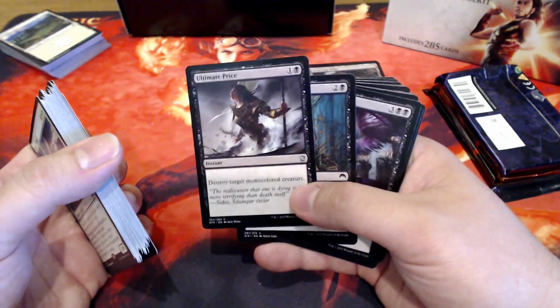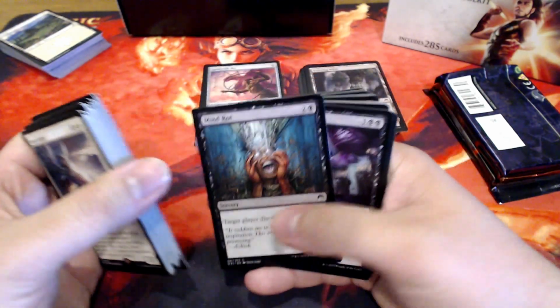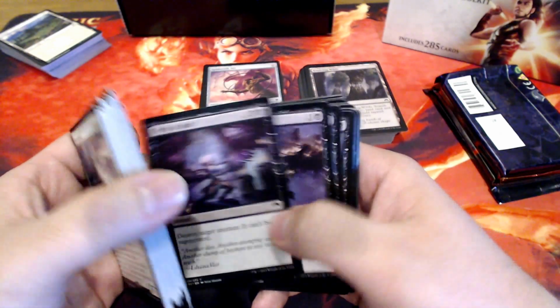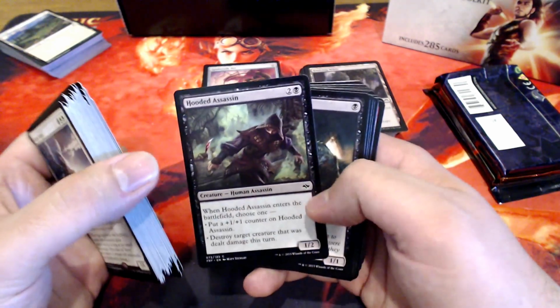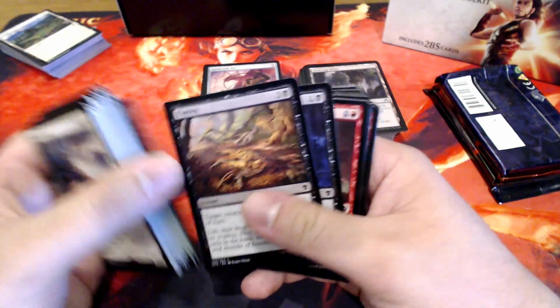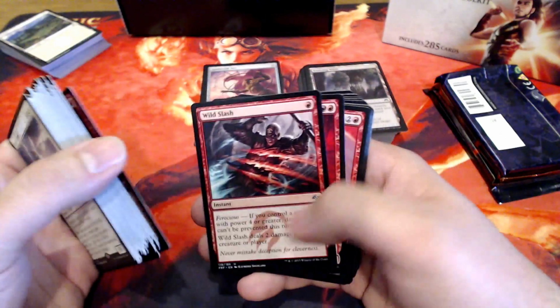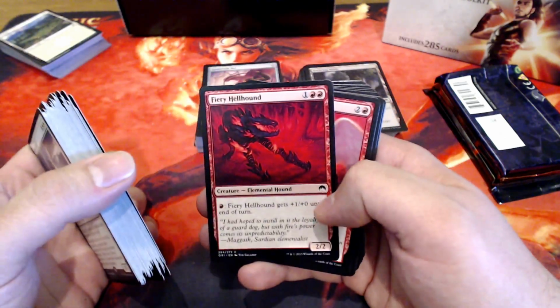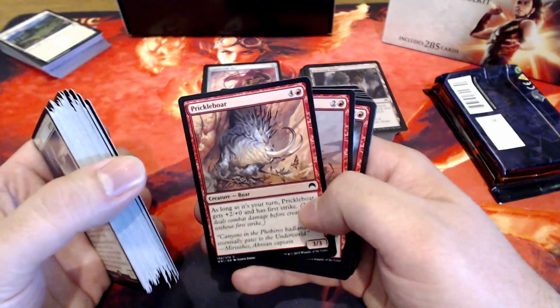Almost everybody runs this in main boards or sideboards, at least sideboards. Great card to be in there. Mind Rot, Flesh to Dust, Reave Soul, Deadbridge Shaman, Debilitating Injury, Hooded Assassin, Typhoid Rats, Flatten, Hand of Silumgar, Arc Lightning, another good sideboard card, Wild Slash, there you go, Fiery Hellhound, Act of Treason, Dragon Fodder, Pricklebore,